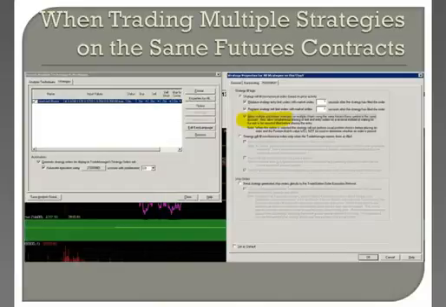Now, here's a little caution to you. When you're trading multiple strategies on the same futures contract, let's say you wanted to trade the 1-minute E-mini and the 5-minute E-mini, you can do it. The best way, of course, is to have separate accounts and pick a different account for each one of them in this box. You can also call your broker and get what's called sub-accounts and have your account divided into smaller money. And that's really a good way because it makes the brokerage firm do the accounting for you, and you can see how much money you make in the 1-minute work and how much money you make in the 5-minute work, or lose.